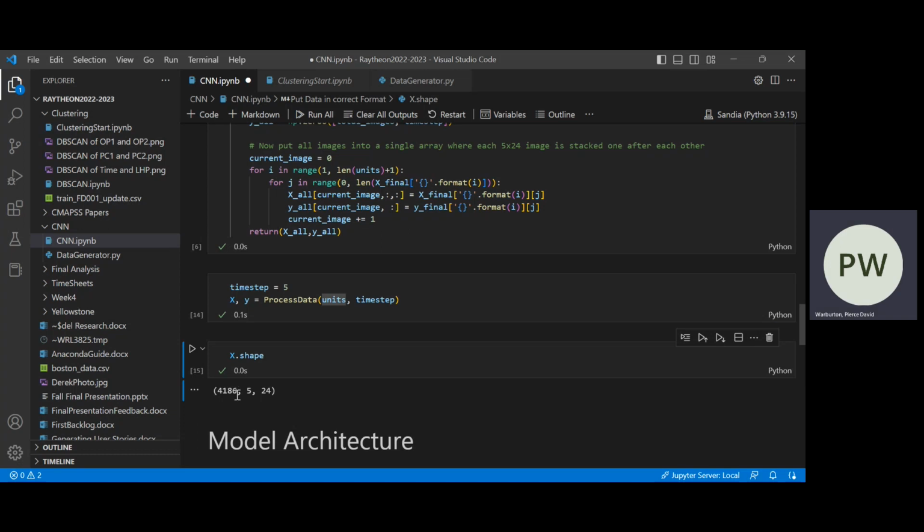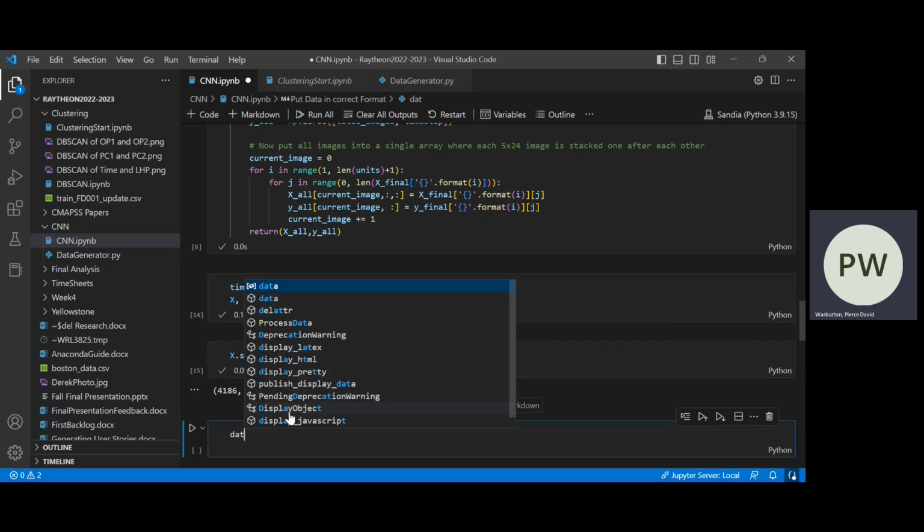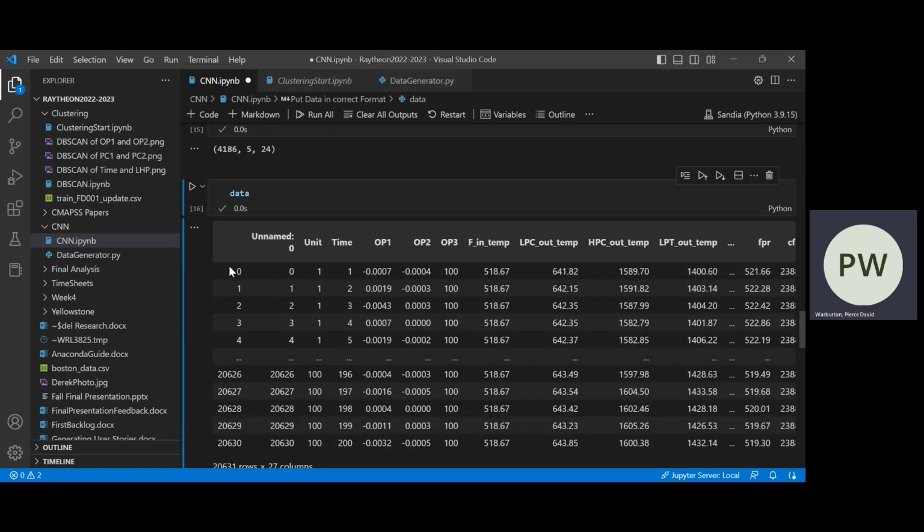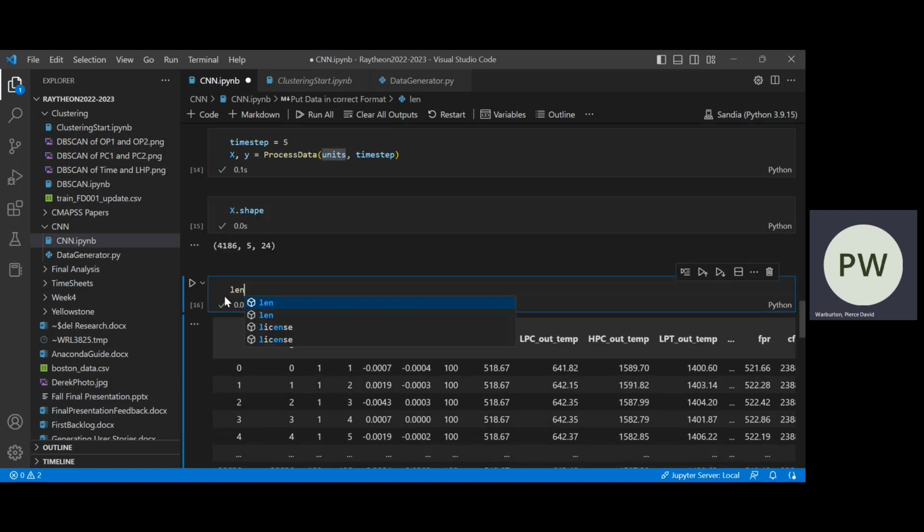Okay, you can see the result is that we have every single unit divided up into these 5-second increments with all the columns stacked on top of each other. And if we were to look at the original data with all the units still in there, right? This is the original data loaded in before we did anything. And you can see that the units are all here together. The length of this data